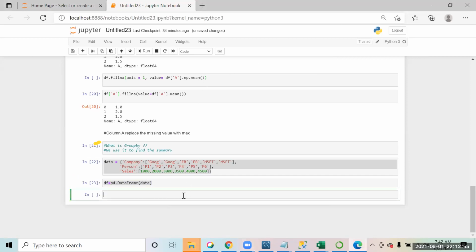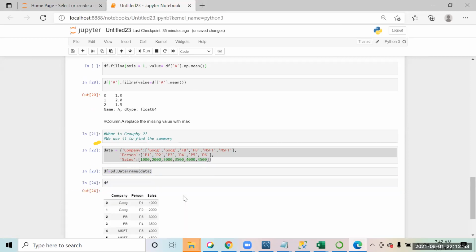So let's have a look at how this data frame looks like. Are you able to make this data frame?